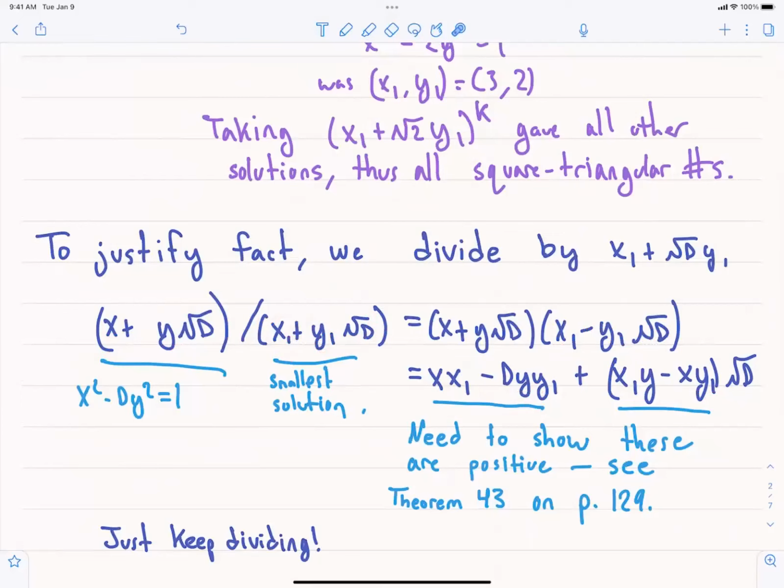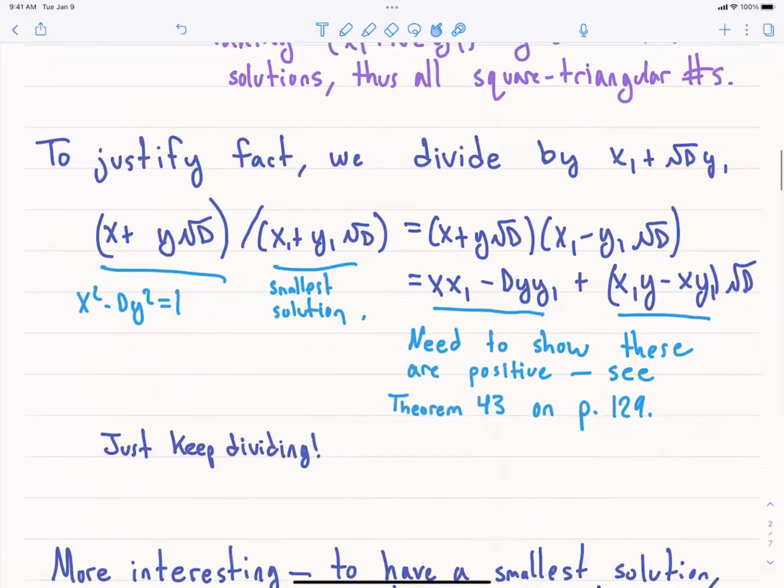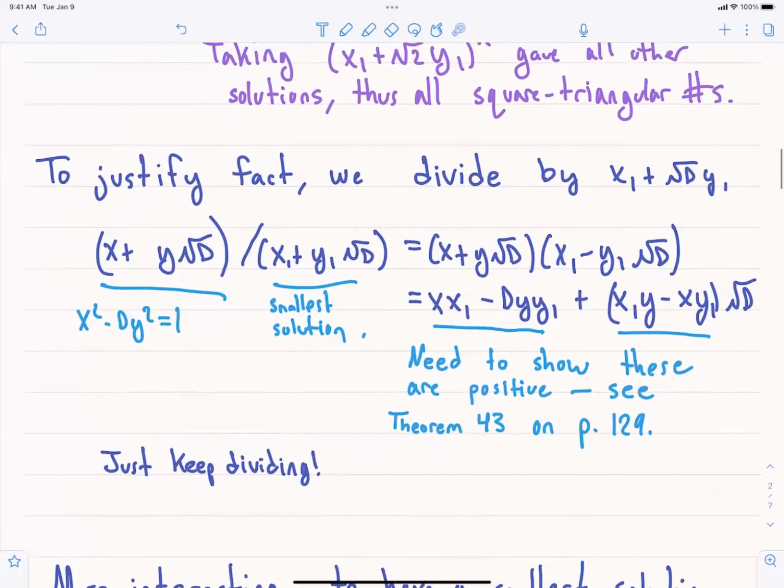But, okay, so then the subtle part is to explain why this number and this number, why these are both positive numbers. And to do that, you need to think a little bit and maybe draw a little picture. It's not too bad, but I don't want to get into it here. So if you want to see how to argue that these are positive, you can look in the book. This is theorem 43 on page